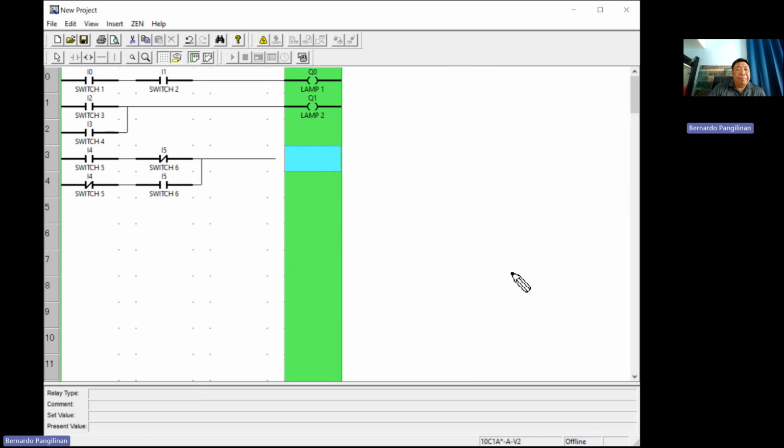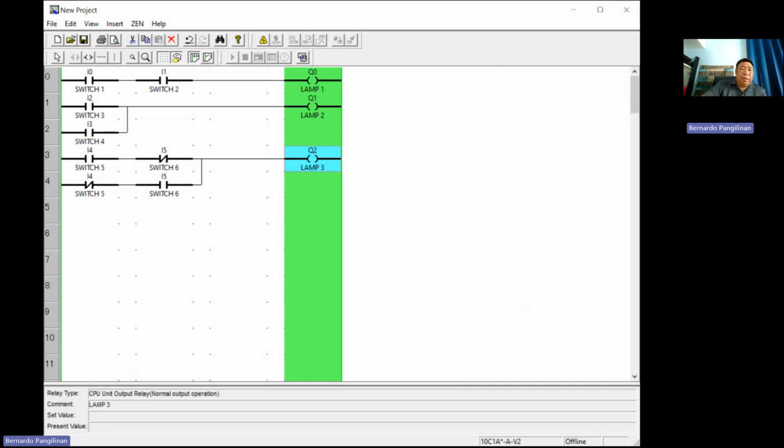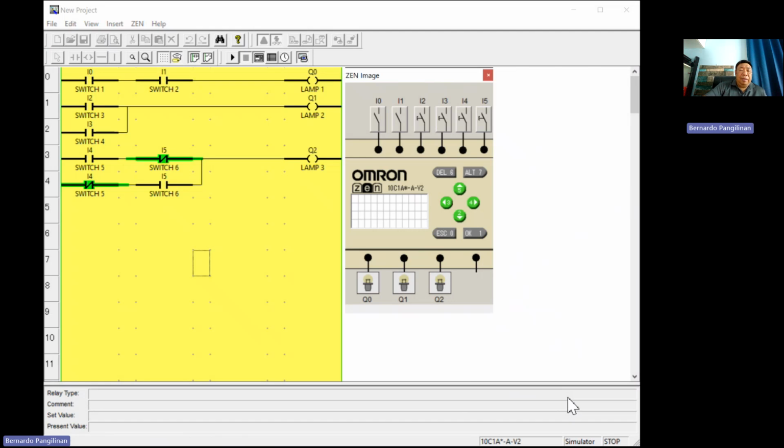Then we have another lamp. Let us call this lamp 3. So let us now simulate. Let us try. Let us use this as an alternate open contact, I4, alternate open contact or D10 switch. So if I press I4,